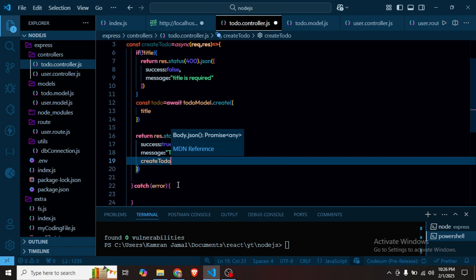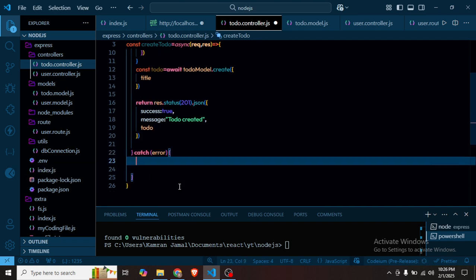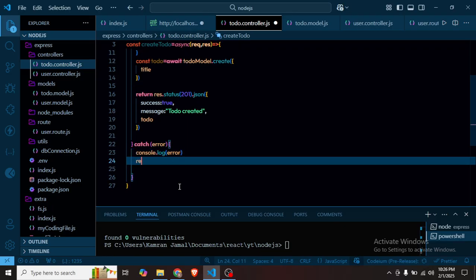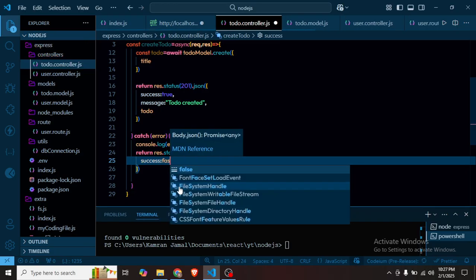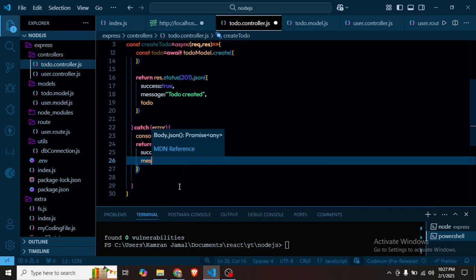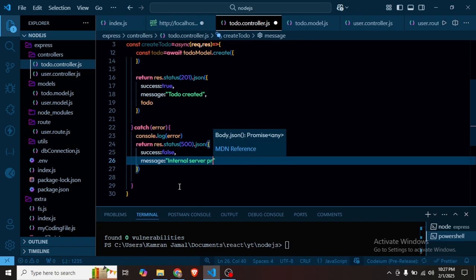Okay, and if it falls into the error, then console the error, and return a healthy response with 500 status and internal server problem. Okay,